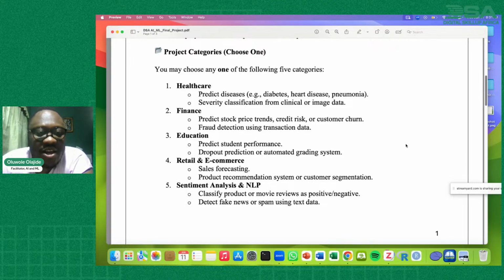Then for retail or e-commerce, you can do sales forecasting, a product recommendation system, or customer segmentation, like heavy buyers and those things. Then you can do sentiment analysis or natural language processing. You can classify product or movie reviews as positive or negative, or detect fake news or spam using text data. So it's dependent on you.